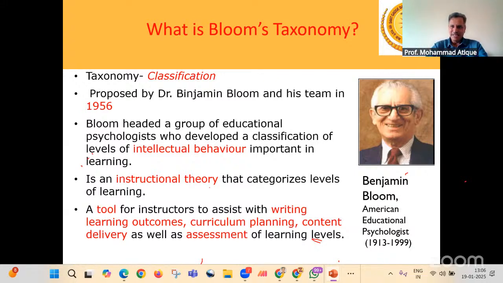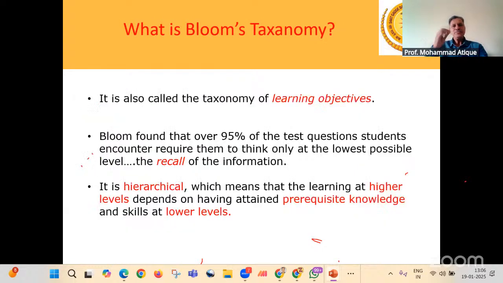It is an approach which, particularly for an autonomous institution, you have to adopt. Rather, it is mandatorily needed when it comes to NAAC, NBA, and so on, to use this as a tool for performing all these activities. I have already touched upon these things, so I'll not talk much on that. This taxonomy is also known as the taxonomy of learning objectives, the alternative name given to Bloom's taxonomy.